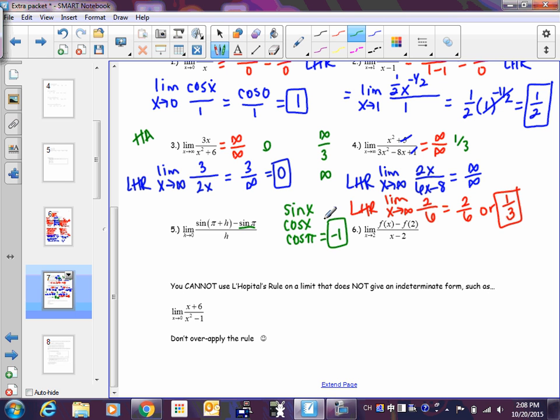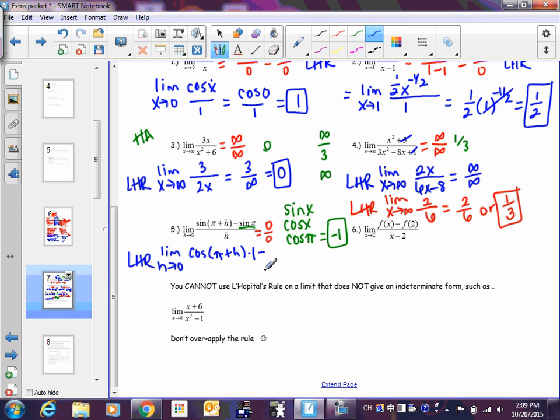I'm not pretending like we can't do this another way, but let me show you what happens here. If you were to plug a 0 in for h here and here, you do get 0 over 0. Do you guys see that? You get sine of pi minus sine of pi over 0. Okay, so we can apply L'Hopital's rule here. We get the limit as h approaches 0. We take the derivative. So the derivative of sine of pi plus h would be cosine of pi plus h times the derivative of pi plus h, which would be 1,